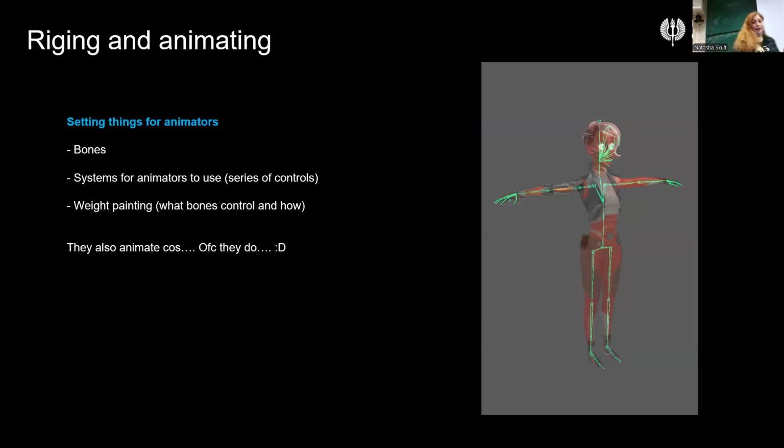So usually what animators do need is this type of system, a series of controls. So we are figuring out what kind of controls they might be needing in the first place, and then what types of movements we have, and then the weight painting. That means we have the weight based on the gravity rules and everything else we have in that project.